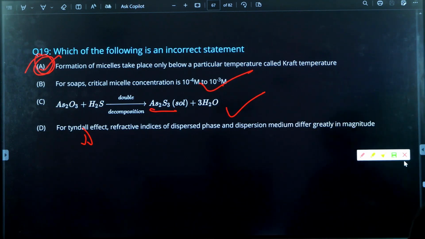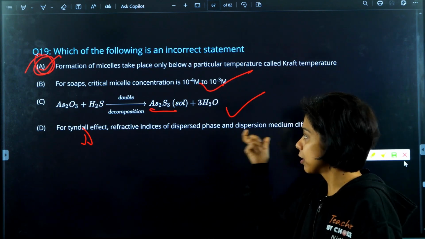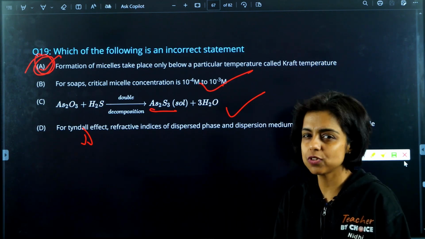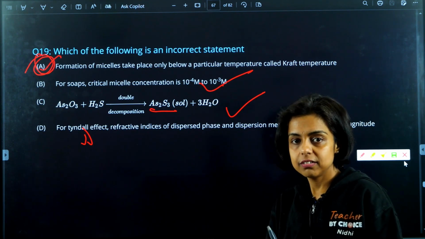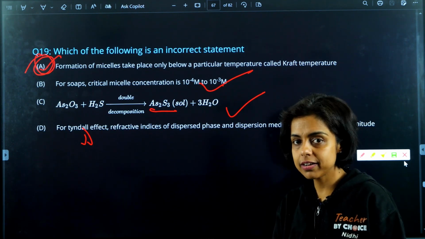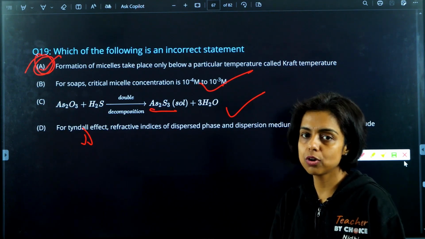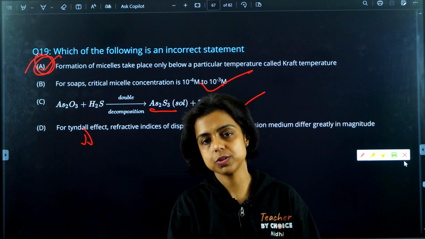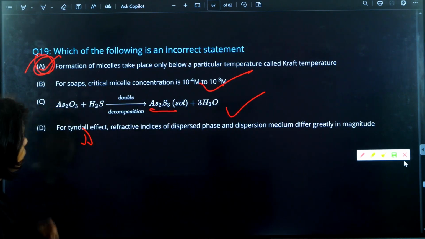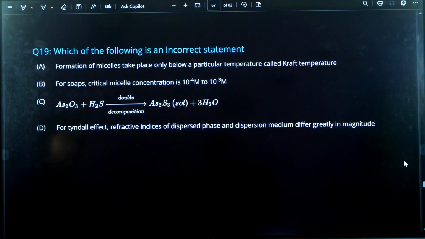So guys, the wavelength that you are using should be of similar magnitude as the diameter of the dispersed phase. So these are the two conditions which are supposed to be satisfied when you have to see the Tyndall effect. One is the refractive index condition, another is the incident wavelength that you are using, that has to be comparable to the magnitude of the diameter of the dispersed phase. So all are true. So we are supposed to figure out the incorrect one, that is A indeed. Let's move on to the last